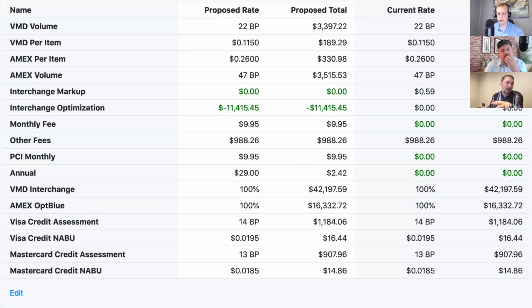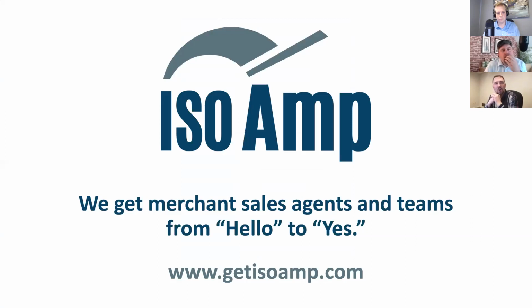I'll also point out one feature I didn't show you because we didn't have it when I did these screenshots, but we also finished up our CSV export. So if you get all done with it and you're like, okay, I want to show the merchant exactly line by line to justify the savings, click export, you've got an Excel spreadsheet, and you can show that to them. Okay, so now this merchant, we were able to save them all this money. We did not cut the prices. We did not hurt our margins at all. We just optimized their interchange.